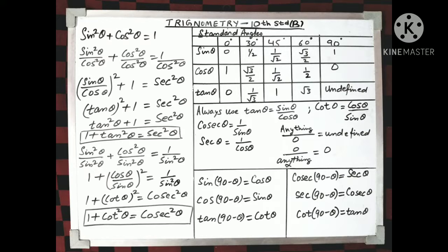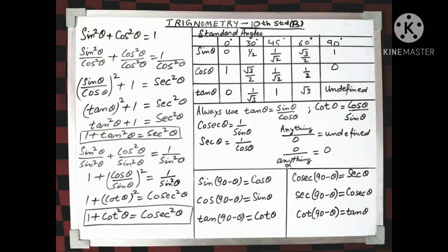Before understanding the next part, let me tell you what is meant by complementary angles. Complementary angles are those whose sum is 90 degree. That is, if I have two angles 60 degree and 30 degree, I will say that these are complementary angles because the sum of these angles is equal to 90 degree. Now suppose I have an angle 30 degree. So the complement of it will be written as 90 minus 30 degree, that is 60 degree. So I will say that 30 is the complement of 60 degree and 60 is the complement of 30 degree. I hope you got this point, right?